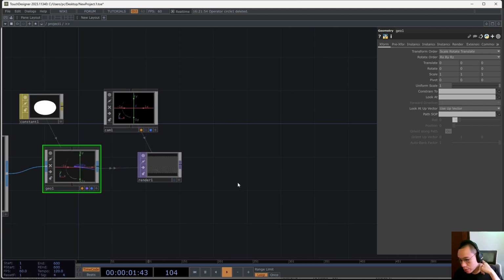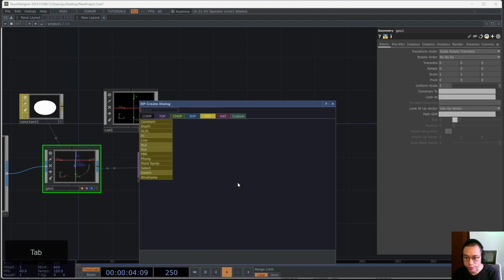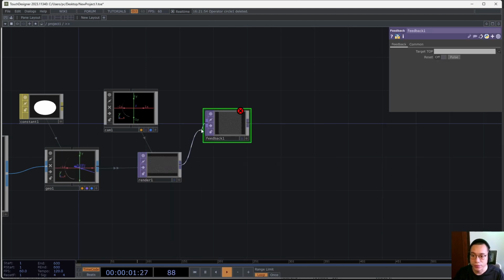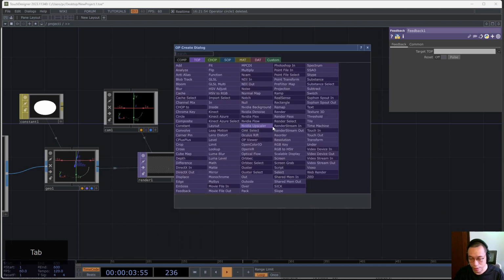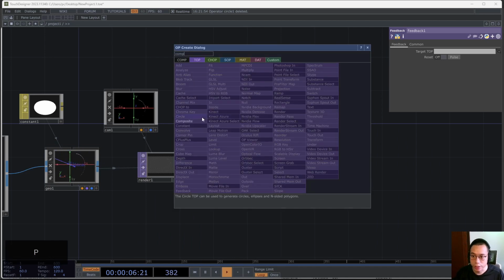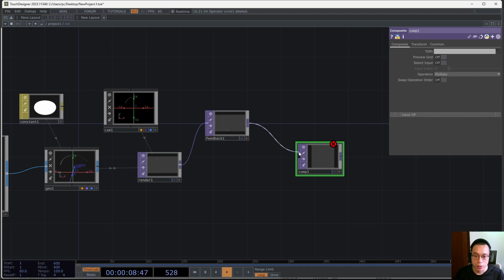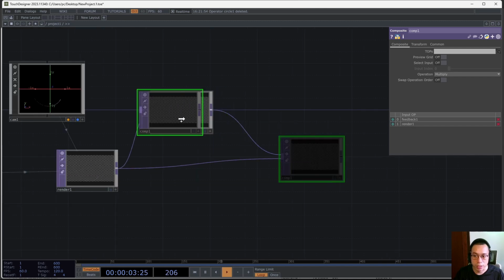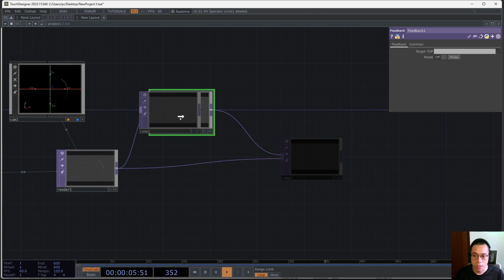Now I'm going to add in a feedback loop over here, a Top feedback, and I'm going to add in the composite. Put the output of the render to the bottom input of the composite over here. And then we're going to drag and drop this back to the composite,